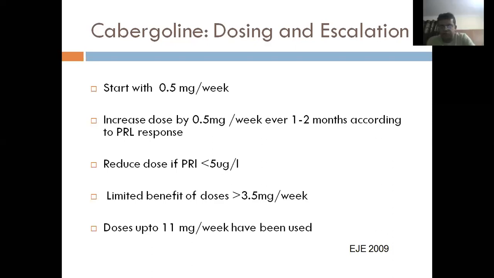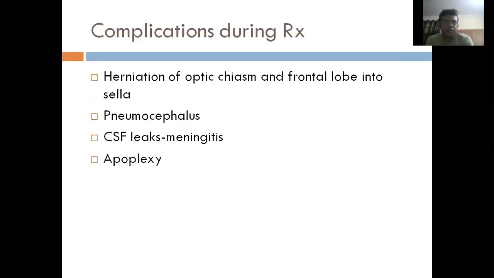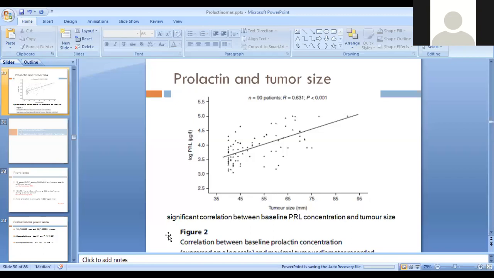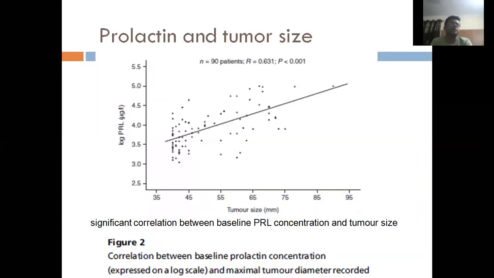And another point which probably I have not made slides upon is dealing with pregnancy along with prolactinomas. So a typical scenario, for example, would be a patient who was having hyperprolactinemia, not able to conceive, then picked up on evaluation as a microprolactinoma. The moment they are put on these drugs, they have a reduction in prolactin levels, they begin to menstruate, they begin to ovulate, and they may end up becoming pregnant.